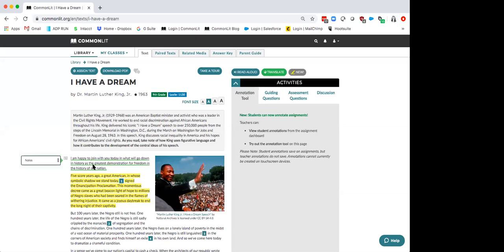I'm going to show you as a student what it looks like to use this tool, and then how you as a teacher can view your students' annotations and actually provide feedback on them. But I just wanted to give you a quick overview of this tool, and I'll show you a little bit more later. So now I want to direct your attention to the top tabs up here,